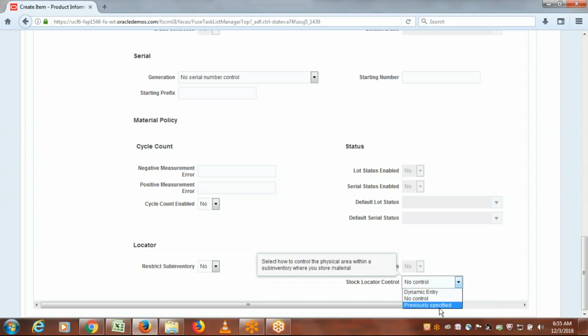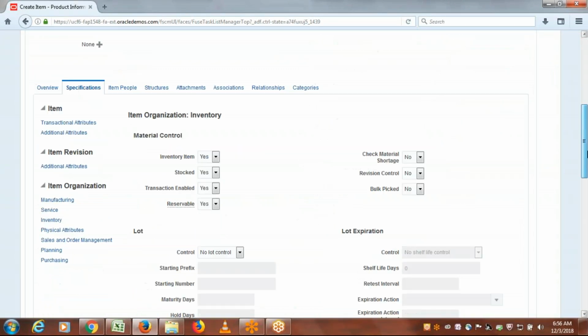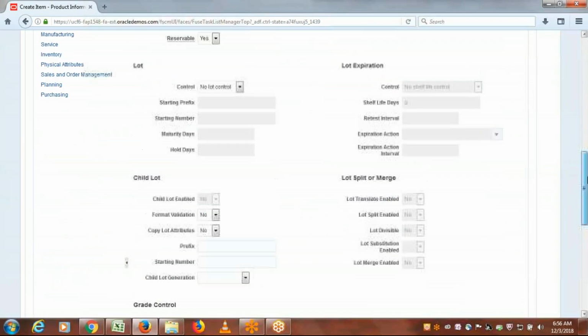If you select previously specified, before you receive that material into the sub inventory, with which locator control combination, that we have to predefine. These two already we tested. Right now we can go with the dynamic entry. It's all about setting the control at item level instead of setting the control at sub-inventory level. Or else we'll do one thing, for one item we can select dynamic entry. For one more, we'll create one more item. Okay, first we'll complete it. Dynamic entry we selected,